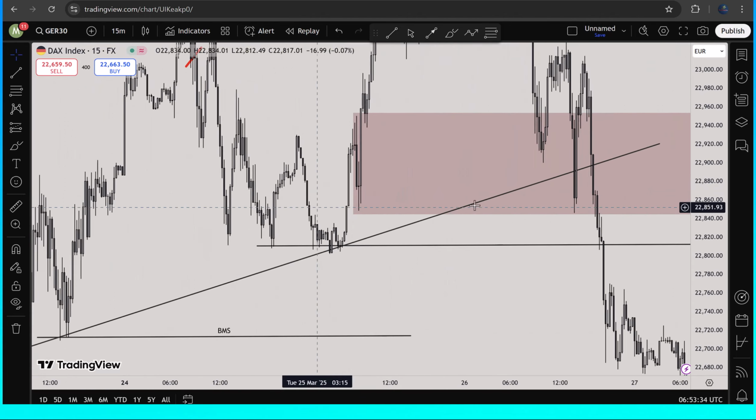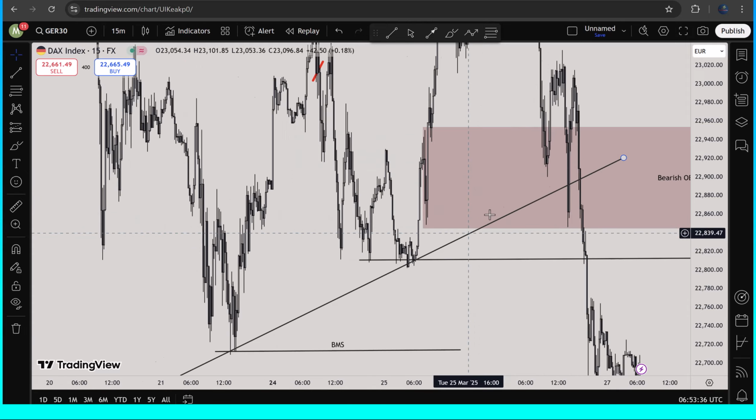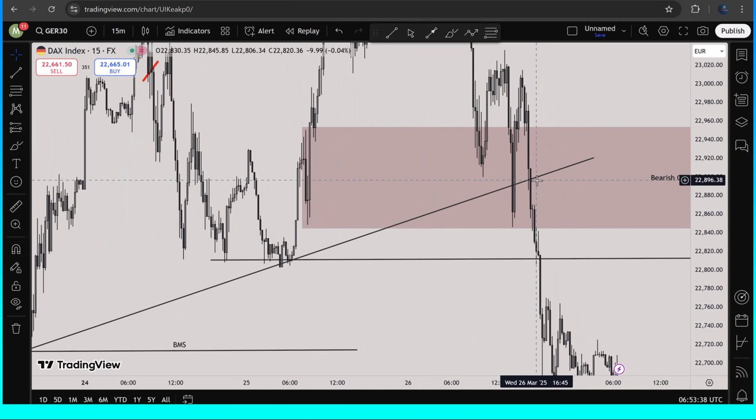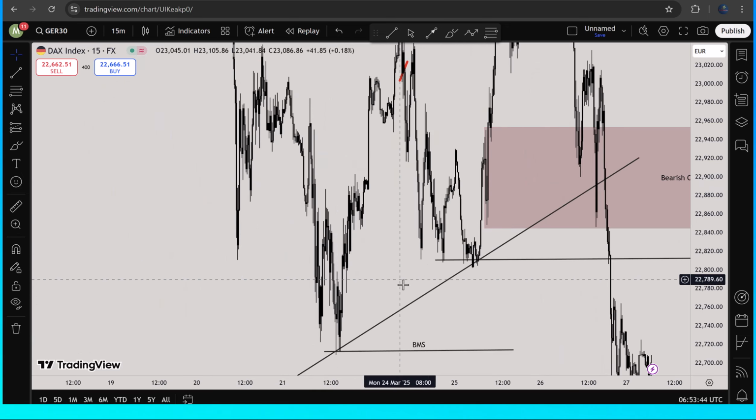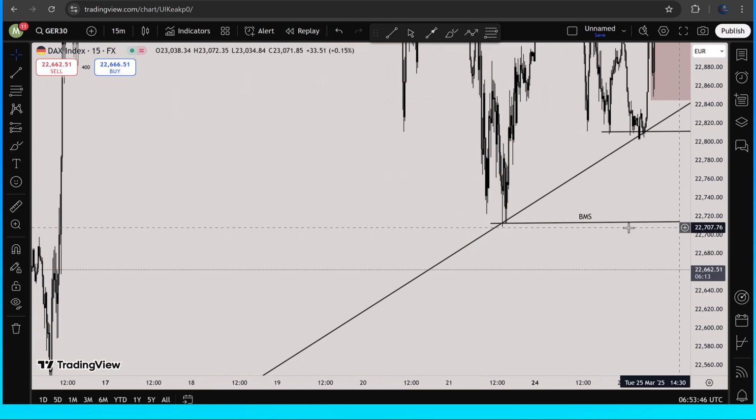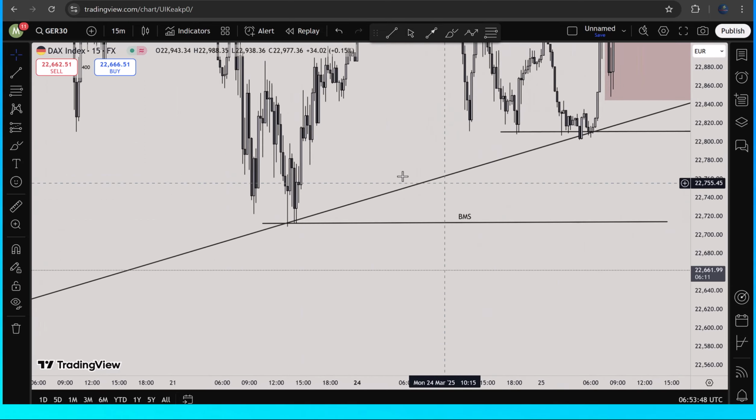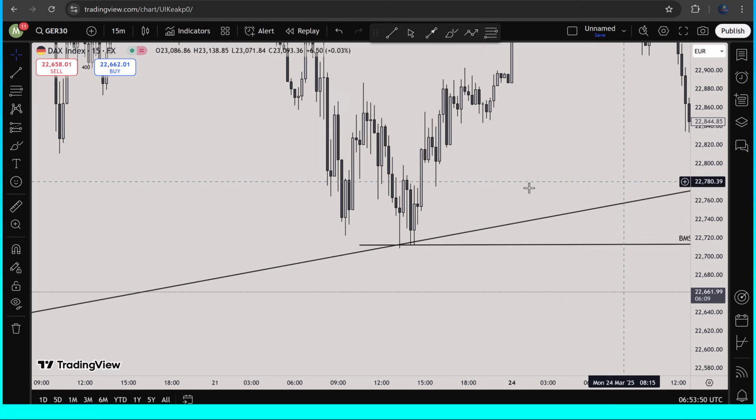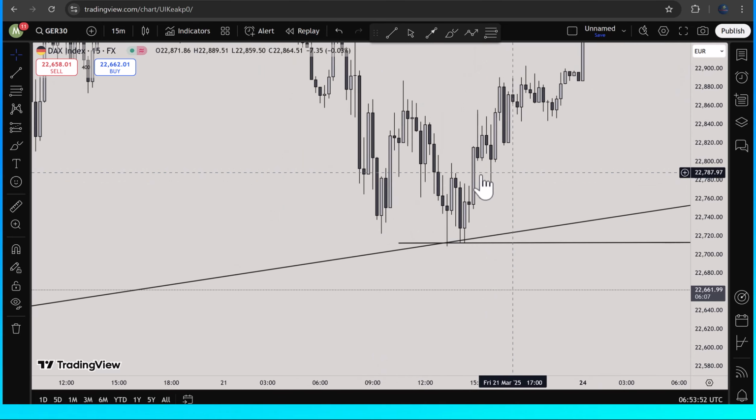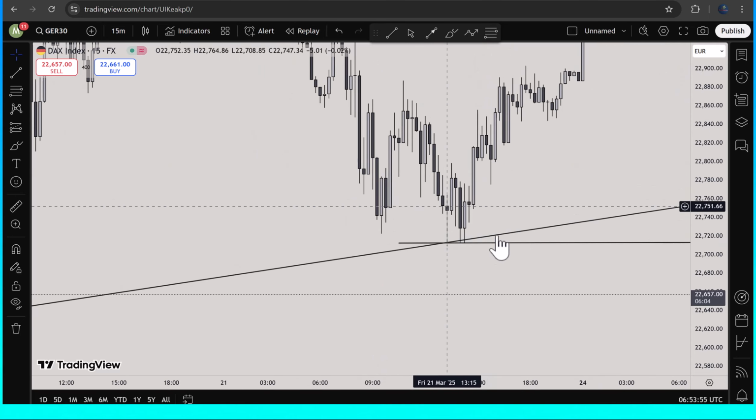So number one, what do you want to see? Remember, you want to see a point of interest. That's a demand or a supply. Then after you see a demand and supply, what more do you want to see? You want to see price coming back to retest that particular demand and supply. After the retest, you want to see price giving you a pattern, and this pattern is consisting of